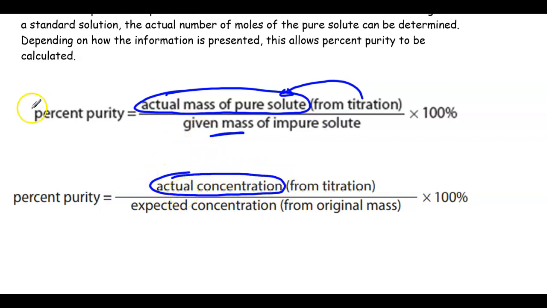So you can do this with mass, or you can discuss percent purity with concentration. It's the same thing. It's like the concentration that you get actually from the results compared to what you should have gotten based on the theory. Okay, now obviously the closer to 100% you are, the more pure your sample is. So let's take a look at the examples in the next